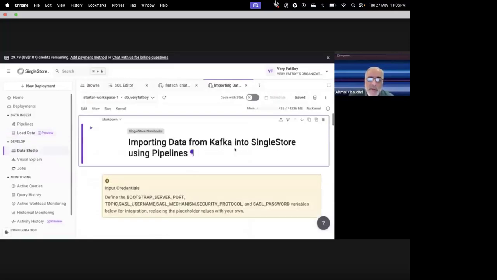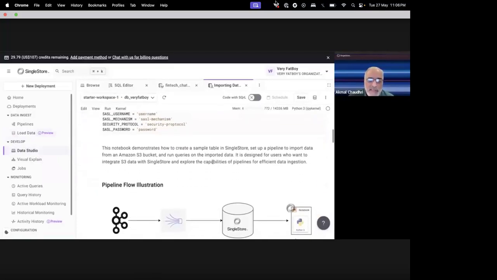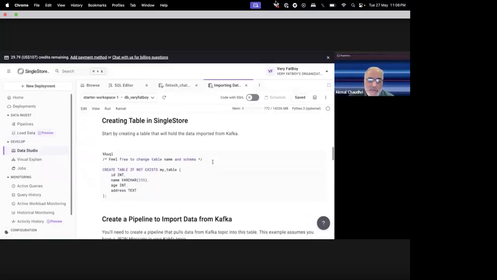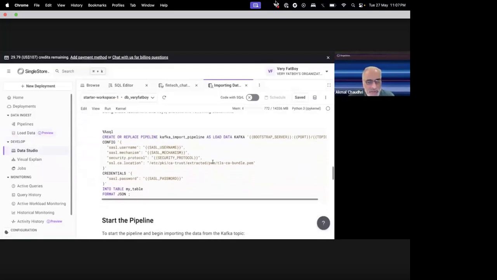And if I click on this, it gives you something a little better in the sense that it talks through the steps in more detail, sets up a table for you, and it shows you a format and syntax to use in the event that you want to add things like credentials, for example, your password here. And again, things like your bootstrap server, the port number, and so on.